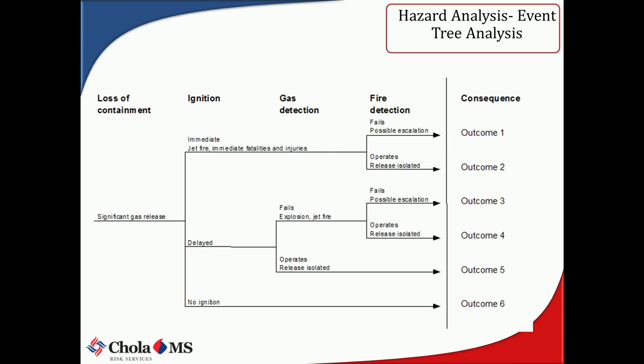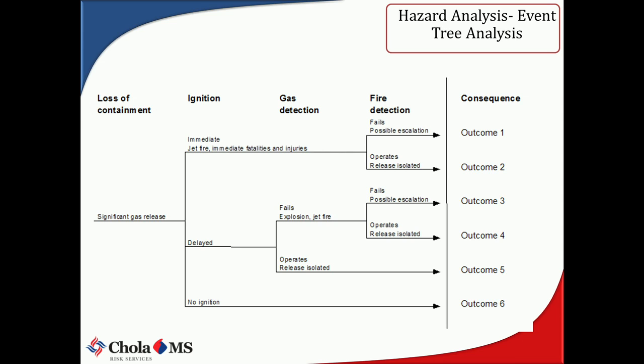But here you start from the initiating event, not the final event. For example, a gas release. What happens once there is a gas release? You can have both: if it gets immediately ignited, what will happen? If there is a delayed ignition, what will happen? In case of a delayed ignition, you can have a possibility of an explosion. For an immediate ignition, for example, if it is a jet fire, what will happen?